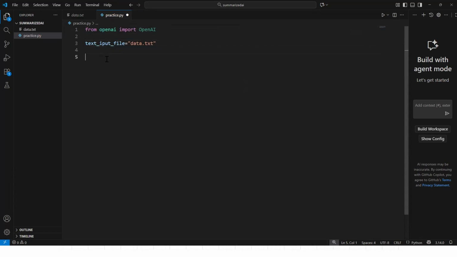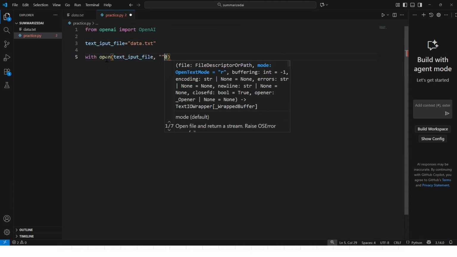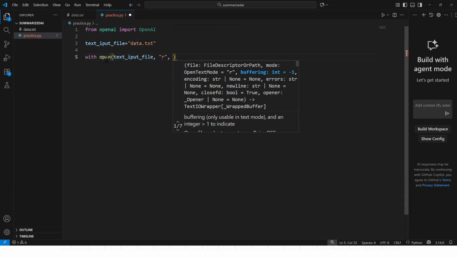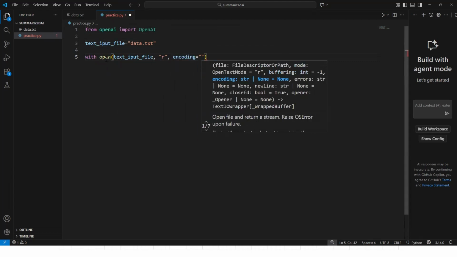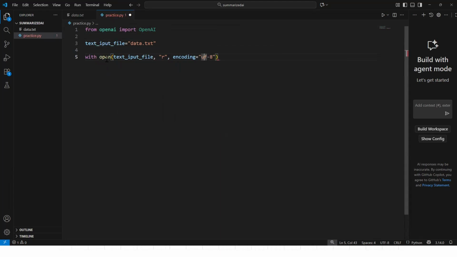With the help of a file input output operation, we are going to read this file. Text input file, comma, read as the operation, and then we require the encoding, which is nothing but UTF-8, and then we write as f, and we say text